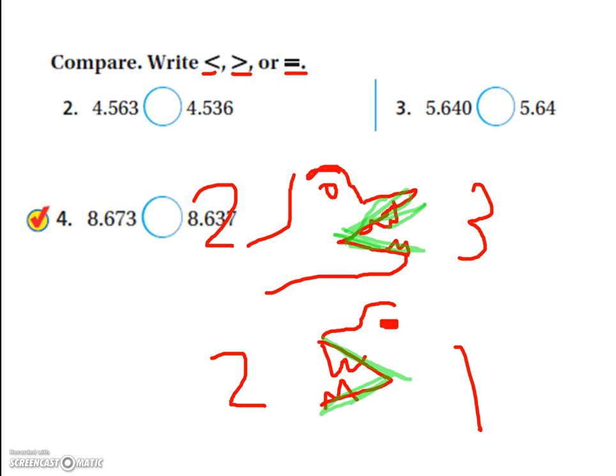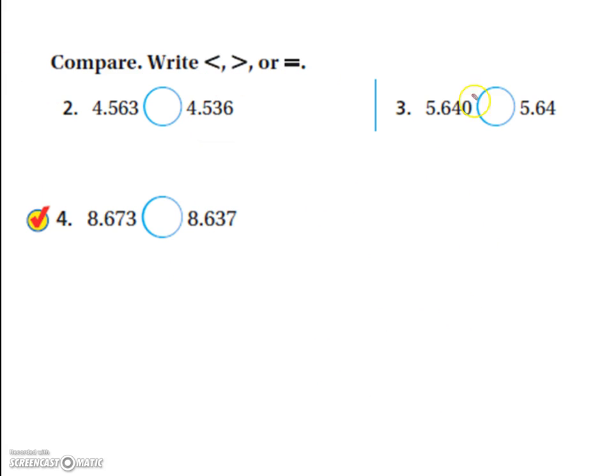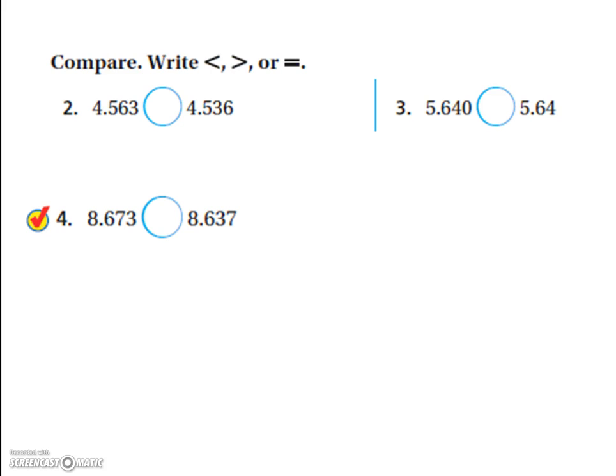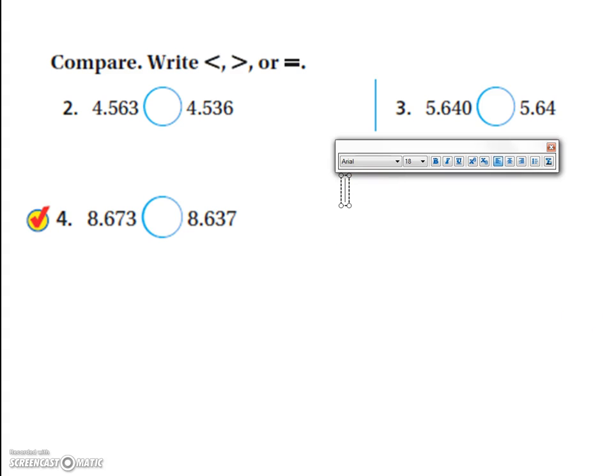So next what I'm going to do is go through these really quickly. I'm just going to type out the numbers on top of each other instead of side by side. It's much easier to tell if they're on top of each other. 4.563 and 4.536,